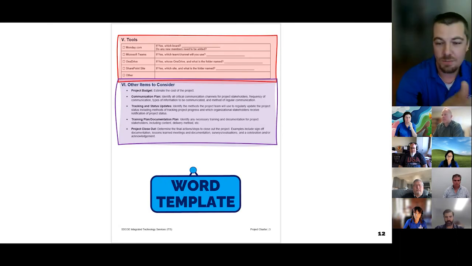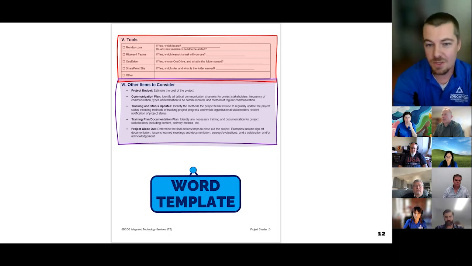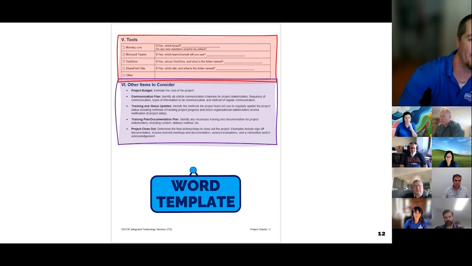Getting towards the end, we just break down the tools that are used in the project. So if you're using project management software, what software, where, and do the people that need access have access? Your communications tools, if you're using a file repository where all the files are going to be dumped, if there's a public-facing website, just whatever tools are used, list them out here and make sure that people have access to them. There's nothing more annoying than doing project meetings, and then a month into it, you find out that half the project team doesn't have access to things, and they haven't been telling you that. So avoiding that ahead of time is the ideal.